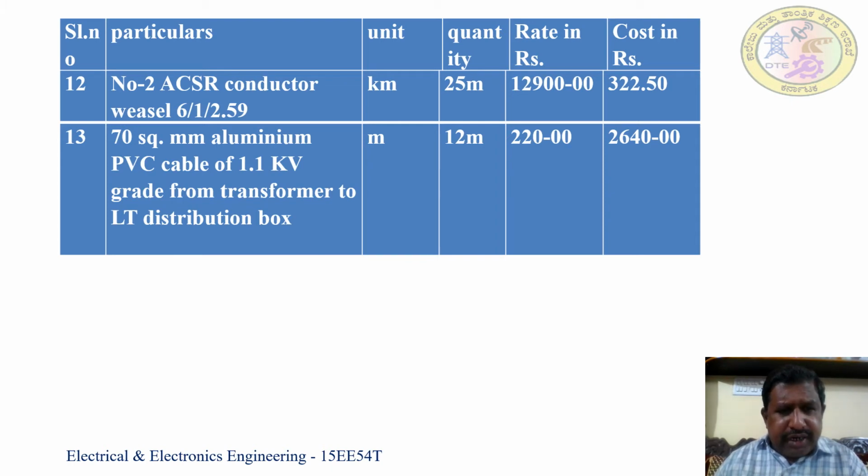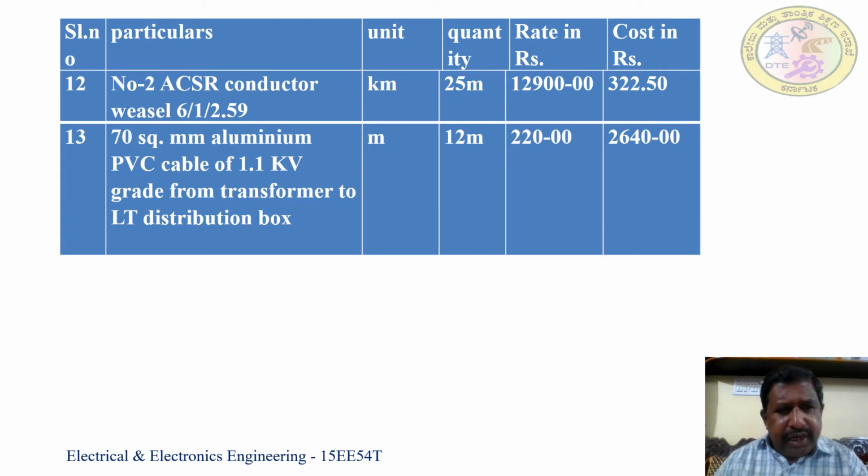These are the conductors which are connected on the HV side. So the unit is kilometer, quantity is 25 meter, and the rate is 12,900. For 25 meter, the cost is